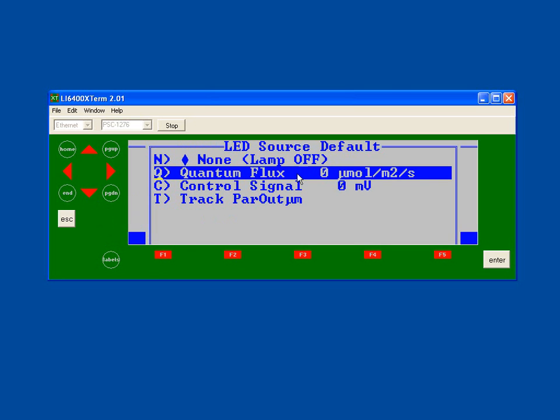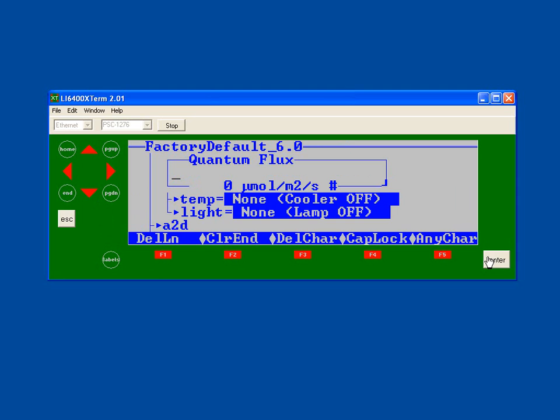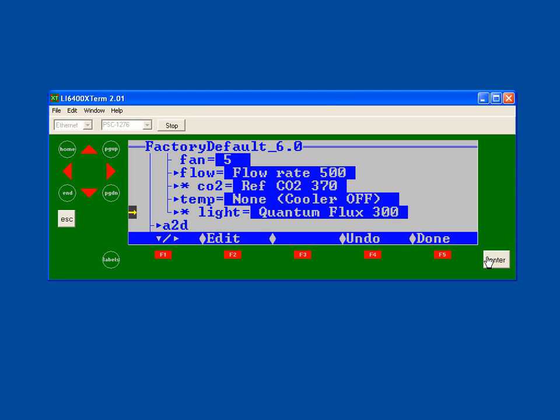And I'm going to choose a quantum flux. Since we'll be doing understory leaves, I'll go ahead and start with a quantum flux of 300 micromoles. Now, bear in mind that this will change drastically depending on the experiment you're doing, and it's really important for survey measurements that you use your external quantum sensor and measure the light intensity that this leaf is used to. If it's not used to the light intensity that you want to work at, then it's probably best to choose a different leaf or a different light level that the leaf is used to,